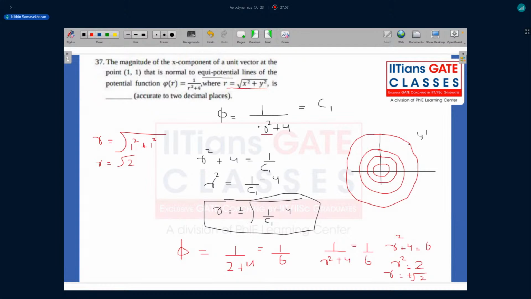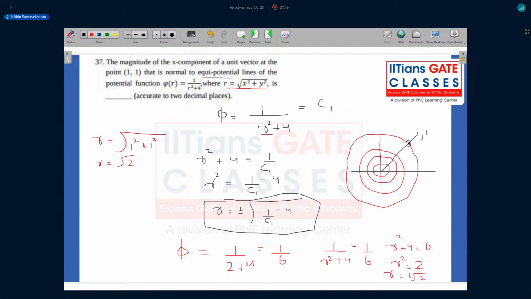Now you need to figure out a unit vector which is perpendicular to the equipotential line passing through this point 1, comma 1. So we know that a line from the center to any point on a circle is going to be perpendicular, like a normal, a radial vector from the center to any point on the circle is going to be perpendicular to the circle at any given point where it intersects, right? So if I were to draw the radial vector from my center to this point 1, comma 1, it basically is telling me that